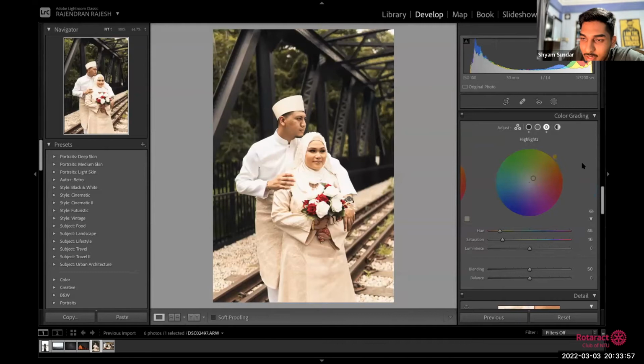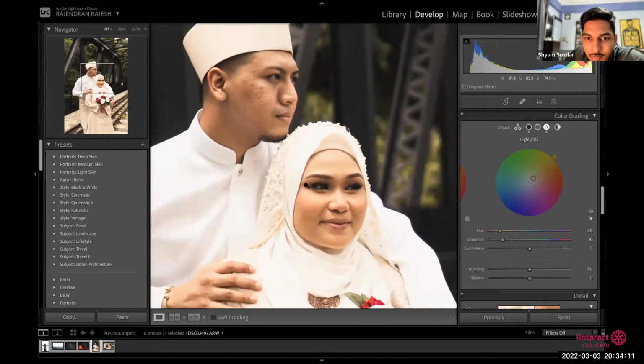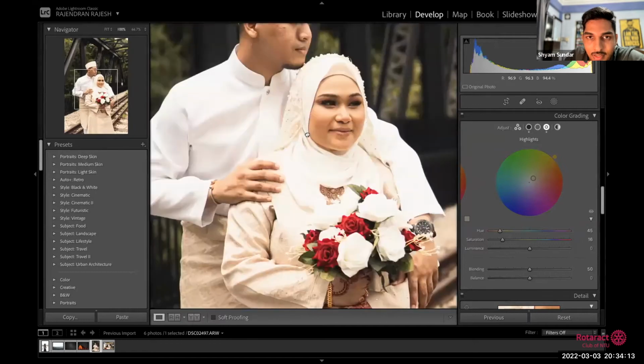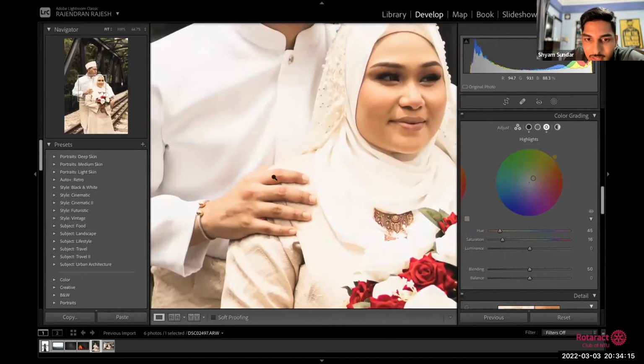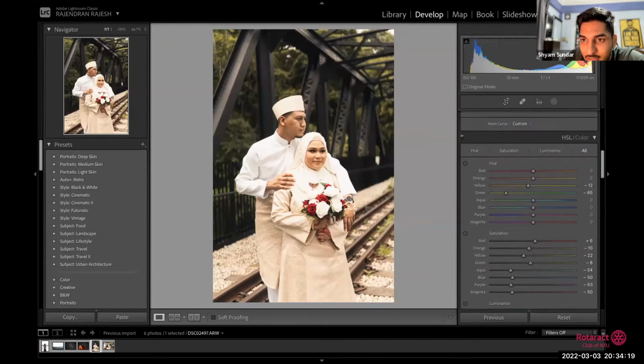And at any point, if you feel like you've done too much, you can always go back to where you liked it and then work from there. So right now I feel like maybe the model's faces are too bright, or the dress is too bright, so I can't really see much detail. So we can always go back and correct that